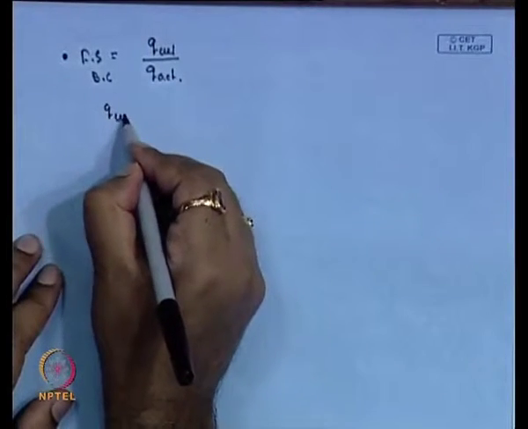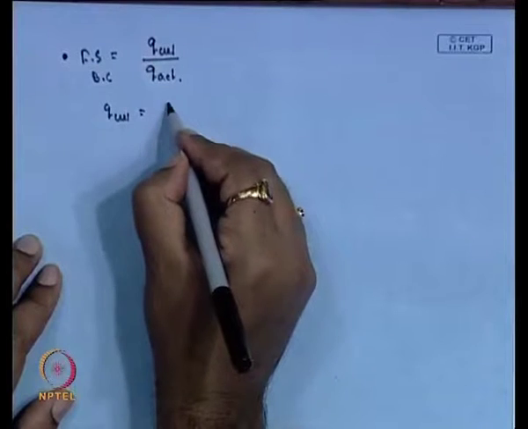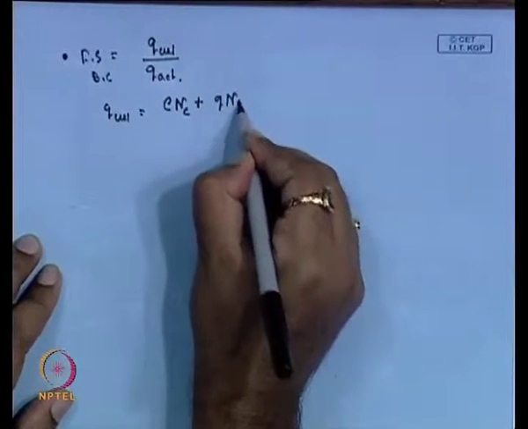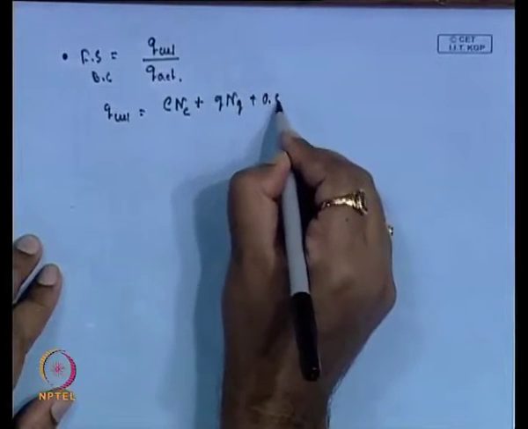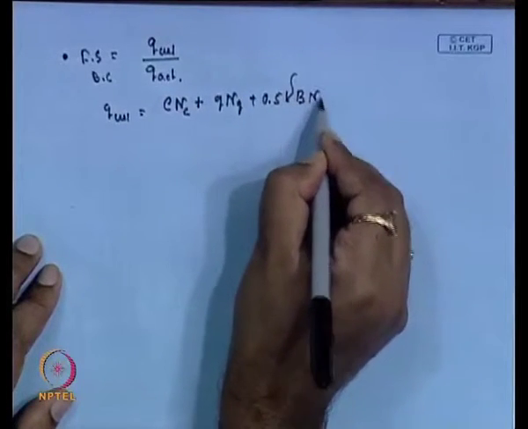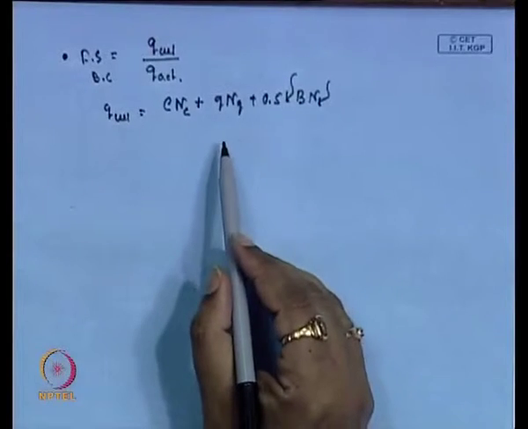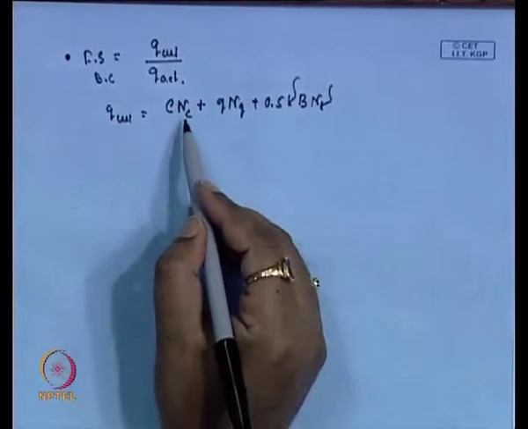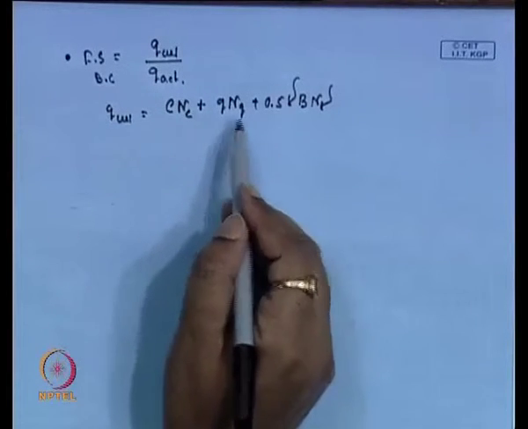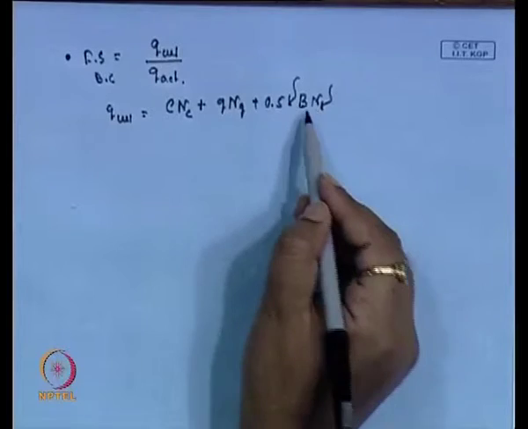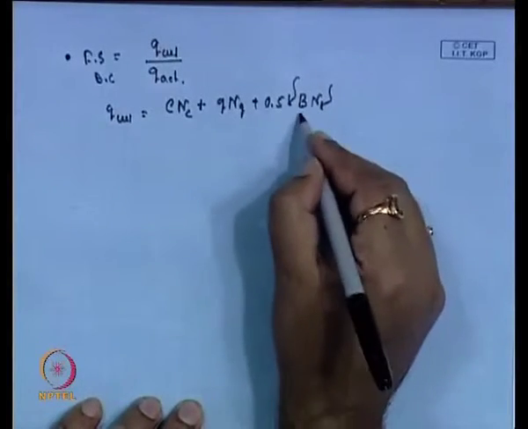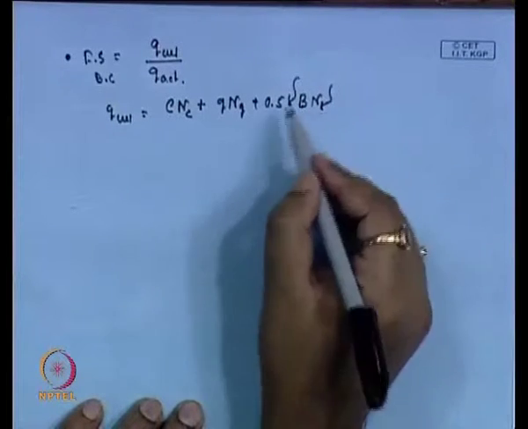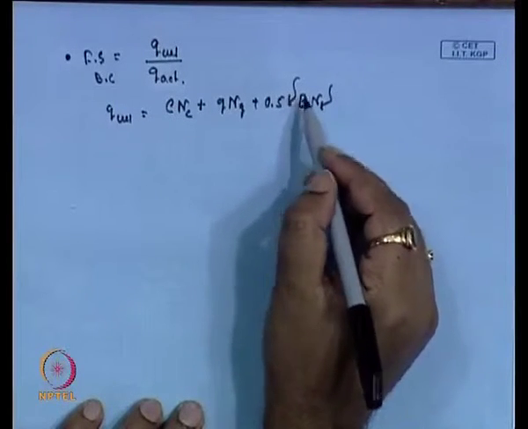Q ultimate will be C N_c into Q N_q plus 0.5 gamma B N_gamma. That property you have to consider for the foundation soil. Based on the foundation soil phi, we have to calculate N_c, N_q, N_gamma, and B, the width of the foundation, we will consider as the length of the reinforcement,